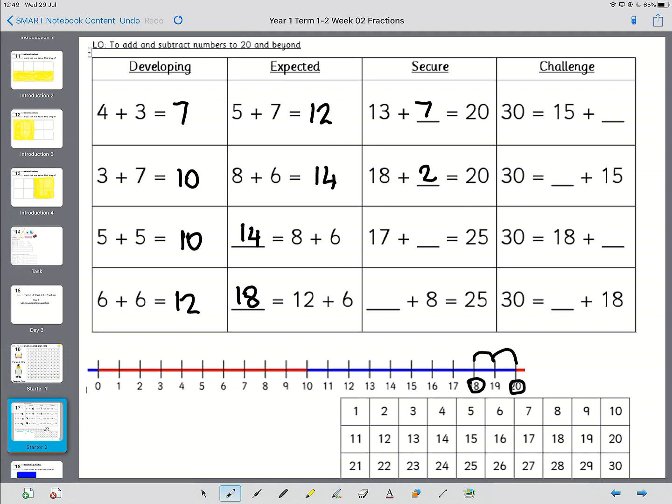Now, this is where we need to start using the number square. So, exactly the same principle. We're starting at 17, and we're trying to reach 25. So, the jumps are, it's easier if we show them on the mouse now, 1, 2, 3, 4, because 20 to 21 is a jump, 5, 6, 7, 8. Okay, and you do exactly the same with the next one,